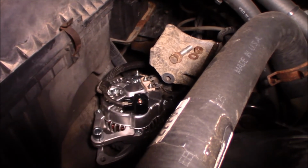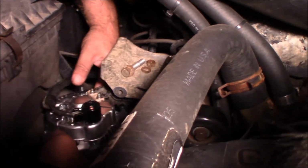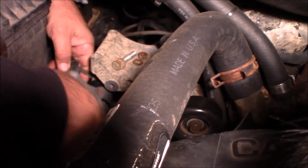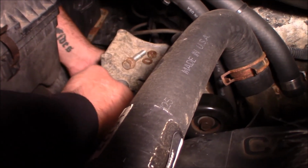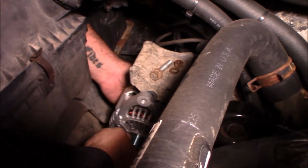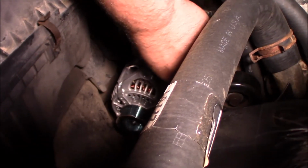So I can take this alternator and I can slide it into position just like that. I'm going to take my white grease on the top bolt,